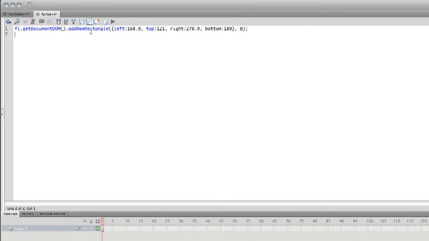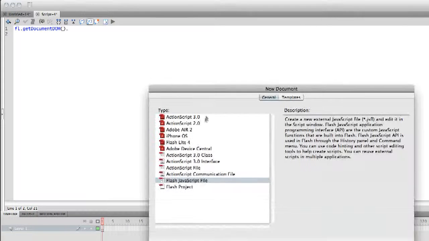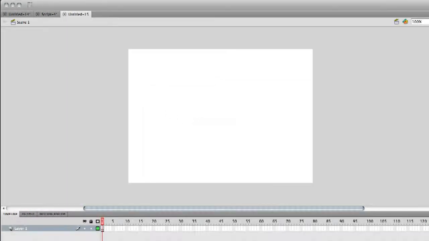But let's talk just a little bit about the DOM. So in order to access the DOM, I use this function. Maybe this is a place to just start writing the first script. So what we're going to do here is take the idea of the motion preset, and let me open another document. And if you're not familiar with the motion model,